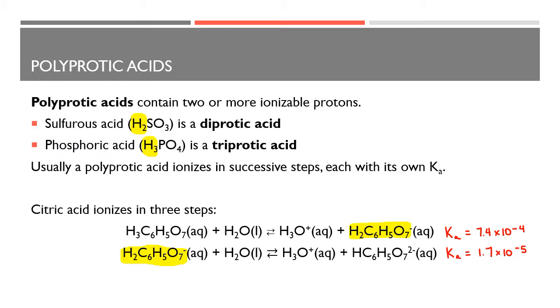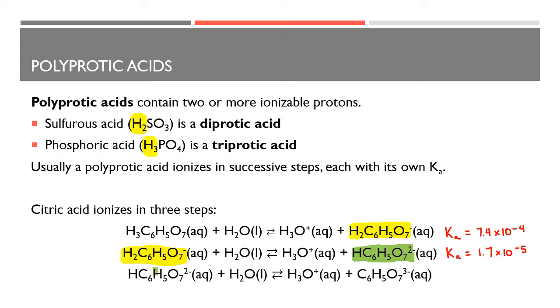Now the HC6H5O7 2 negative, that product, becomes the acid reactant in the final step. So in that final step, we will be removing that last hydrogen to form H3O plus ions. Now the Ka for this step is 4.0 times 10 to the negative 7th. So see how in each step we remove one H ion to make H3O plus, and each step has its own